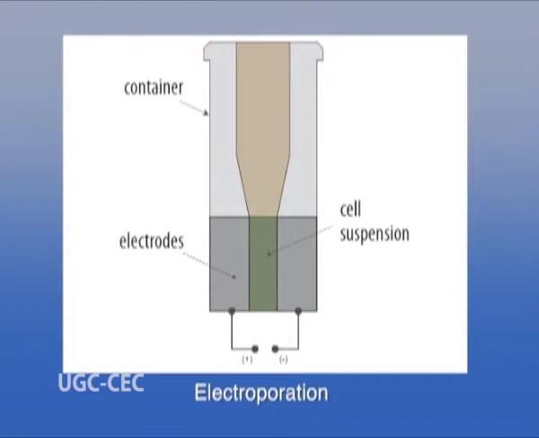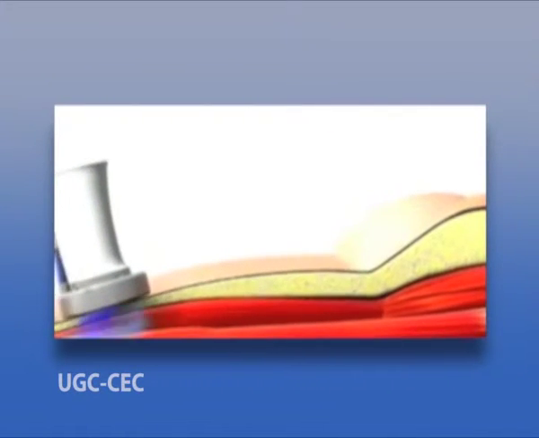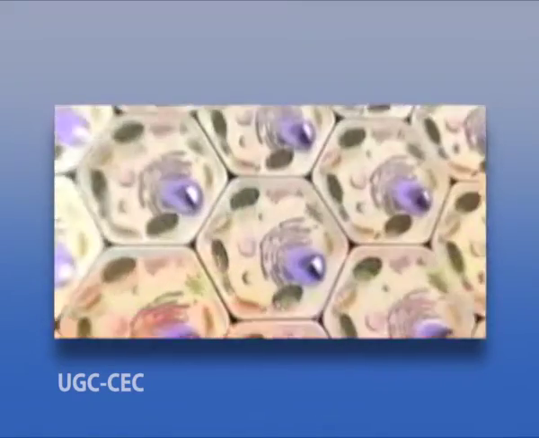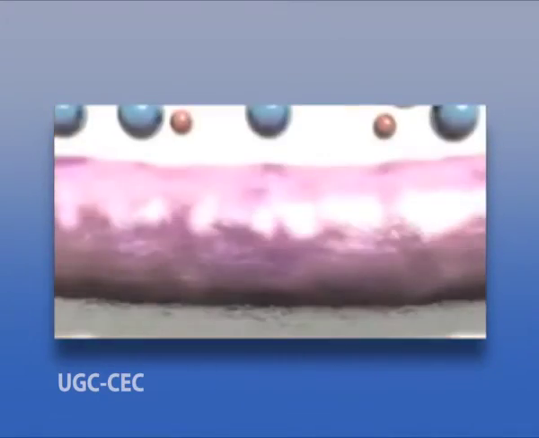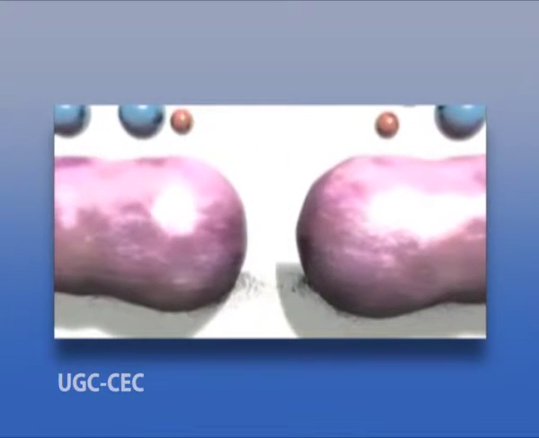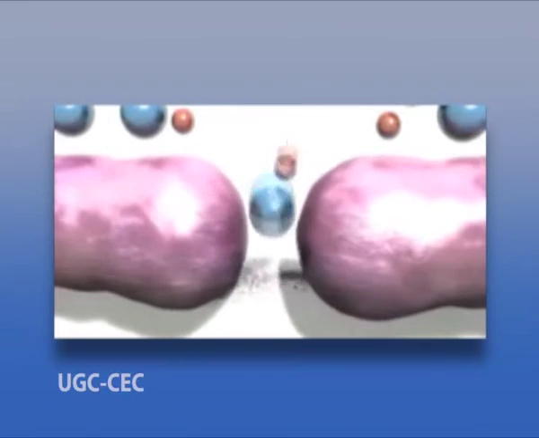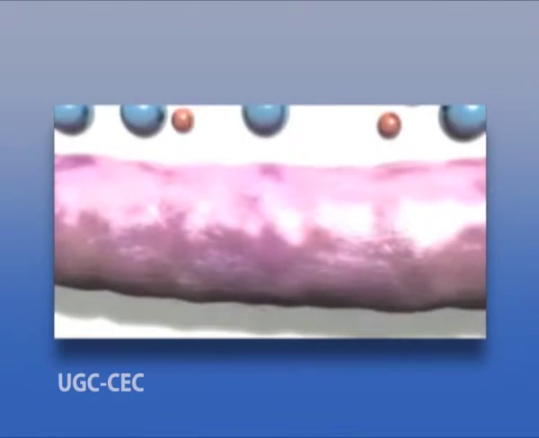In electroporation, the plant cell protoplasts are suspended in an ionic solution containing the vector DNA in a small chamber that has electrodes set at the opposite ends. A pulse of high voltage is applied to the electrodes, which produces transient pores in the plasma membrane, allowing the DNA to diffuse into the cell. After a short period, the membrane reseals. The cells then regenerate the cell wall, divide to form callus, and finally regenerate complete plants.